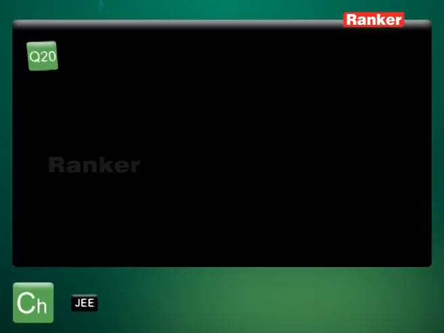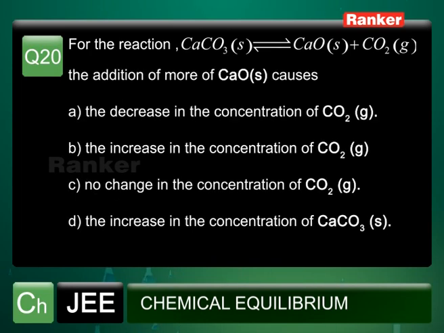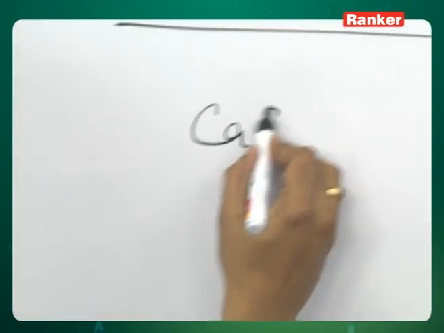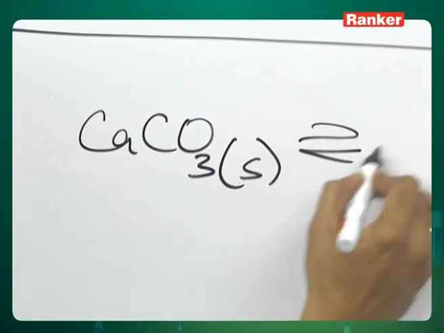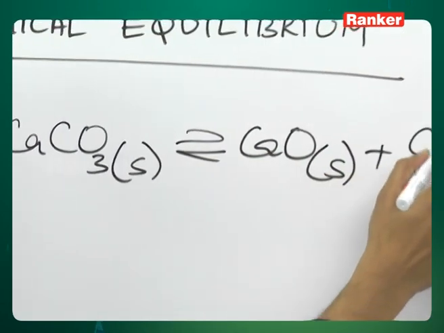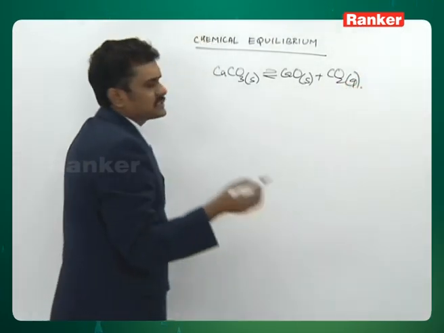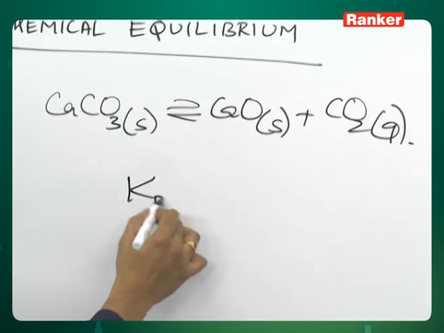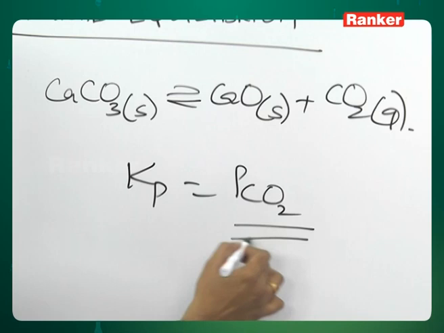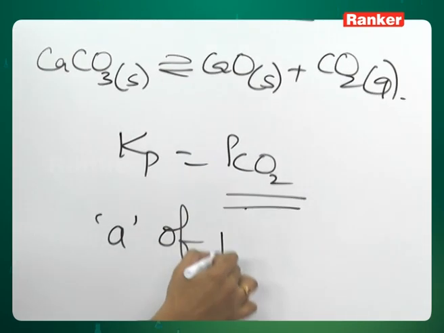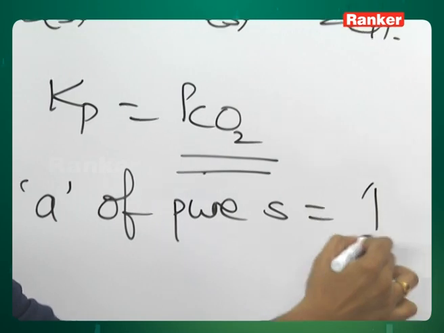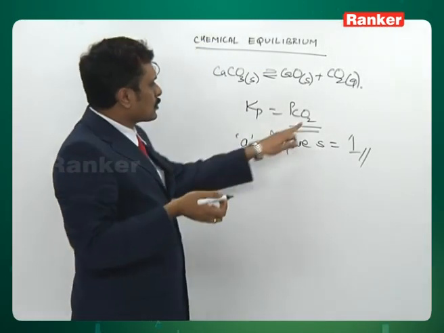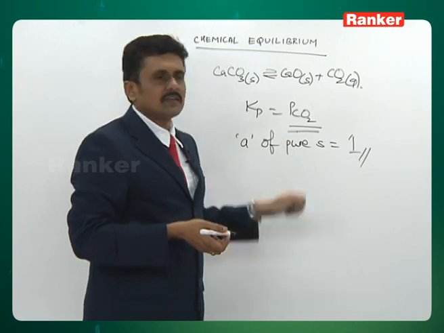We have a reaction where CaCO3 and CaO are solids. The only substance which is involved in the equilibrium, which is a gas, is CO2. Now when we have added more amount of CaO, the question asked what happens. Now since the equilibrium involves 2 solid components, that is CaCO3 and CaO, here if there is any shift in the equilibrium, that will be only due to the carbon dioxide, because the active mass of pure solid is conventionally taken as 1. Since it has got no role to play in finding out the value of equilibrium constant,